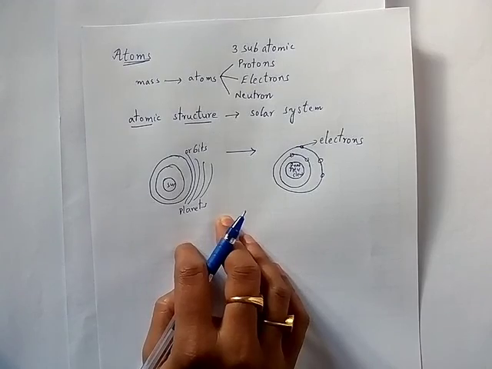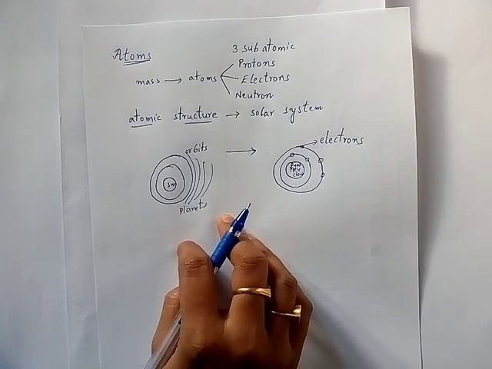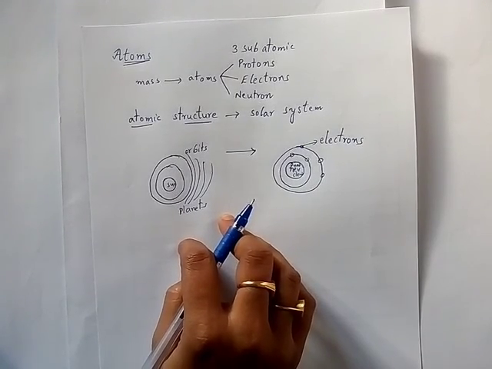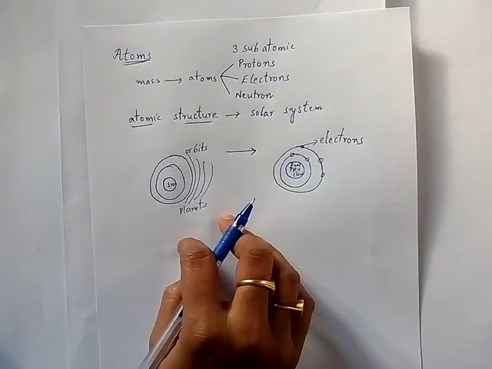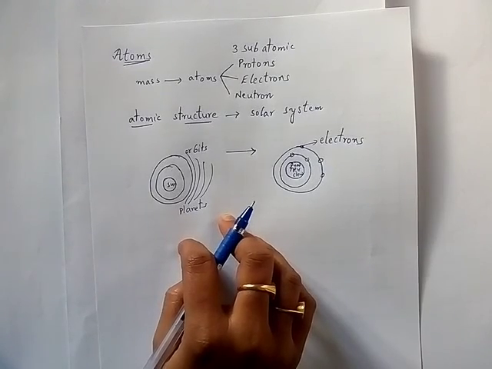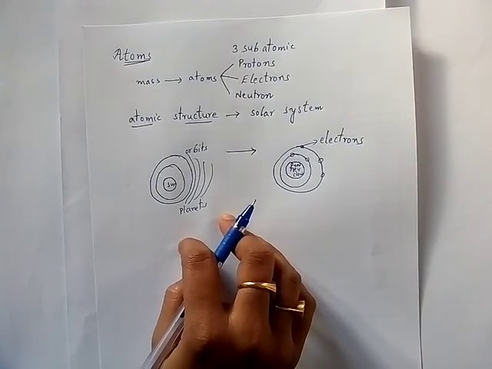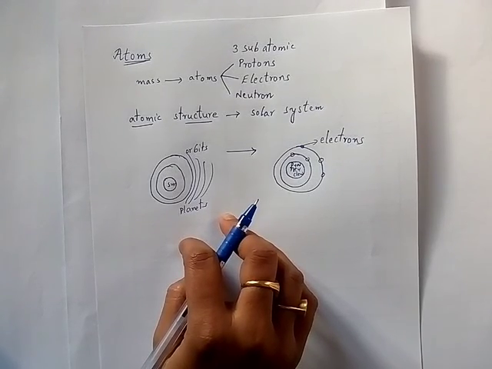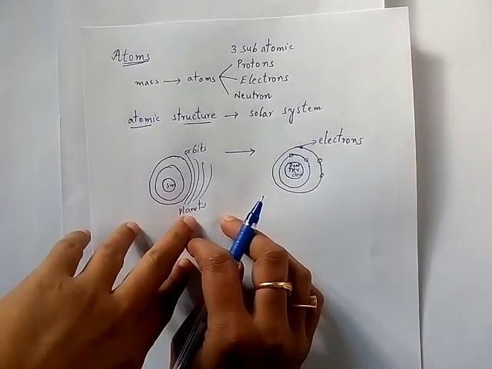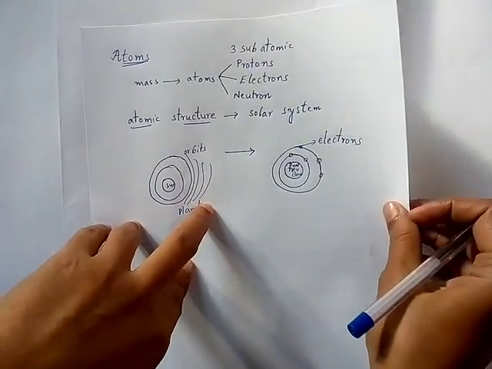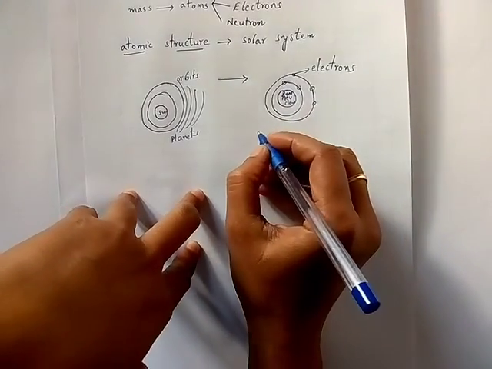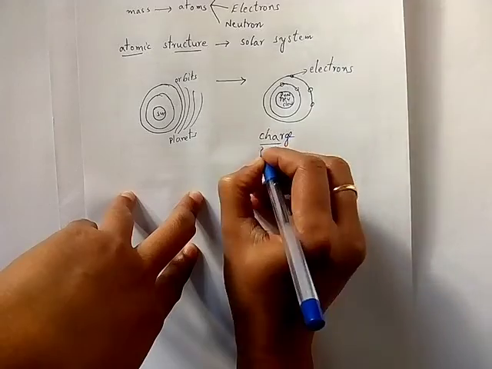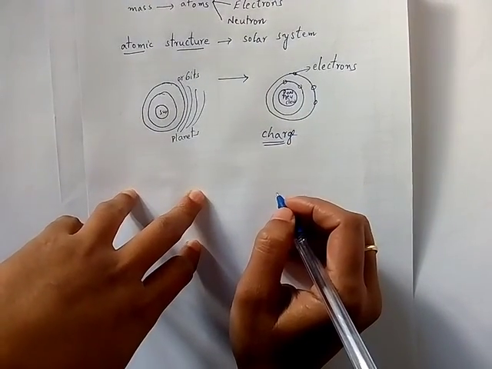We have also seen this in the experiment. With just the paper pieces and the comb, you did not observe any attraction between them. But once I rubbed the comb on my hair and placed it near, you observed the papers attracting towards the comb. Why is it so? We are going to learn now. That is the fundamental property which we call charge.